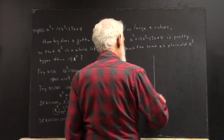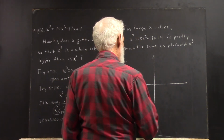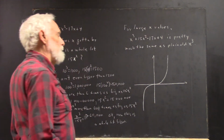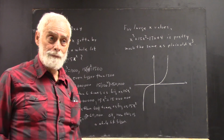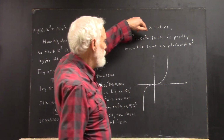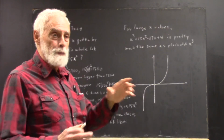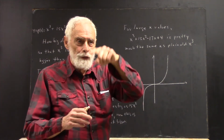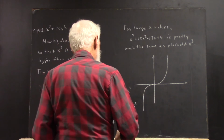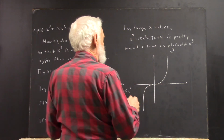So we have this picture. Here's a graph of x cubed, okay? And our graph of x cubed minus 15x squared minus 17x plus 4 is probably going to have zeros in there somewhere, okay? Which means you can have the kind of thing we've seen where the graph kind of wiggles a little bit, right? Okay? So what I'm saying is that this graph, this will be x cubed. That's going to be right. and